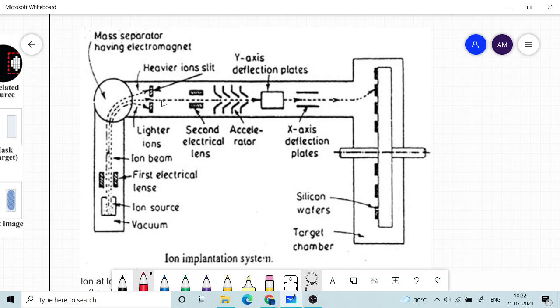So then these ions, since they have charge, we can accelerate them, okay, by applying some appropriate potential. If it is a positive ion, you can accelerate it by applying a negative potential. If it is a negative ion, you can accelerate it by applying a positive potential. So these are some electrodes which are called accelerators, which will have these higher potential values in order to pull the ions and increase their speed. And then ultimately what is done is there are final deflections, something like CRO.